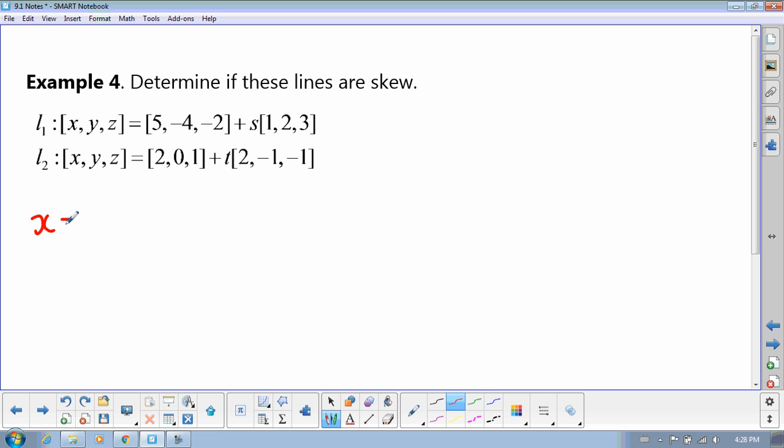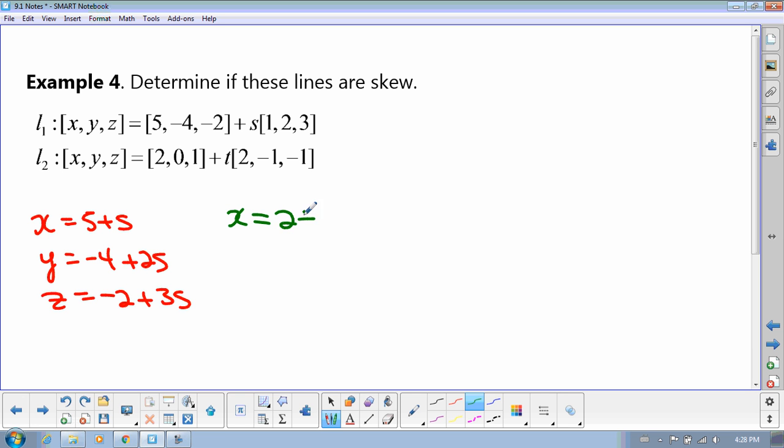So I have x equals 5 plus s, y equals negative 4 plus 2s, and z equals negative 2 plus 3s. The second line, I have x equals 2 plus 2t. We have y equals negative t. And we have z equals 1 minus t. So once again, I am actually going to start off with setting the x's again. So that part,